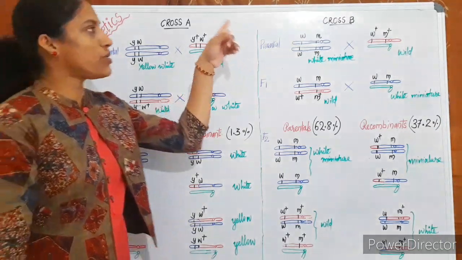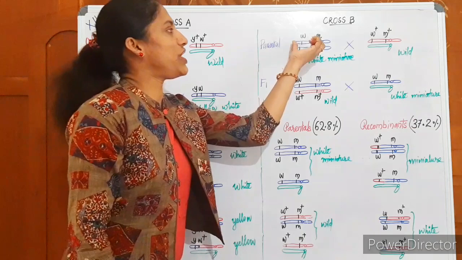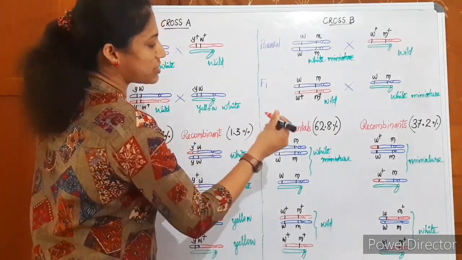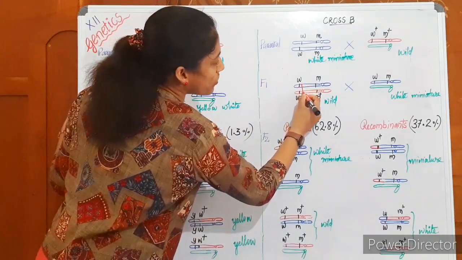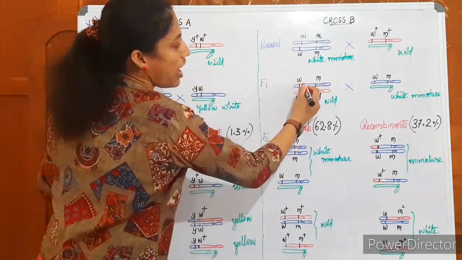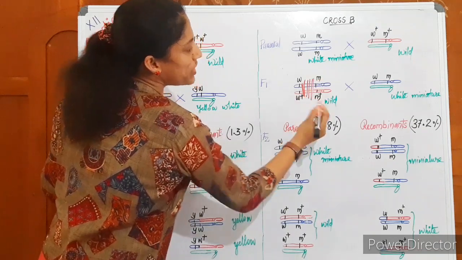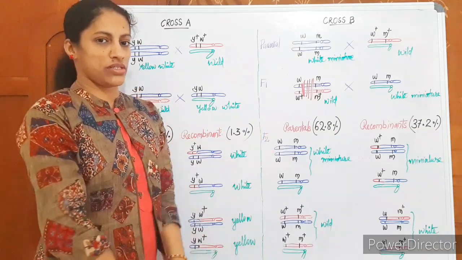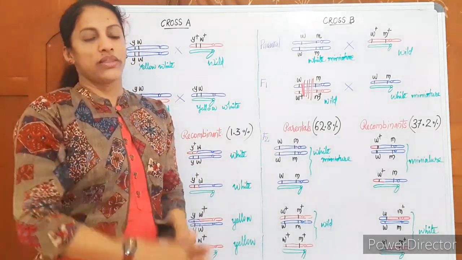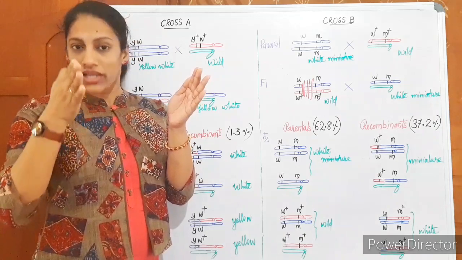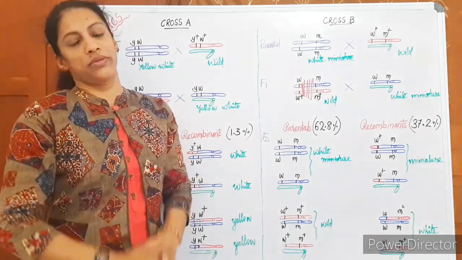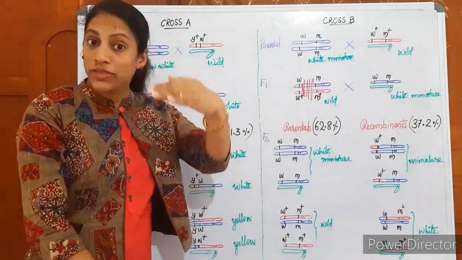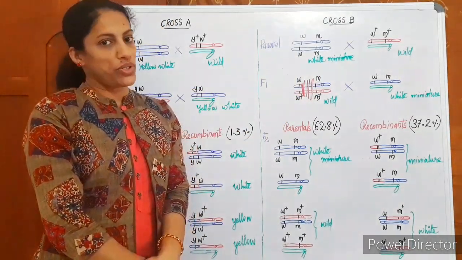Whereas in cross B, you can see the genes are distantly placed. Just imagine the two genes are distantly placed. So if there is a crossing over through this place, it can separate the genes. If the crossing over happens at any of these places, the chances are more to separate the genes because they are not very close by. There is enough space for the crossing over to take place in between them and separate the two genes. Did you get the idea?